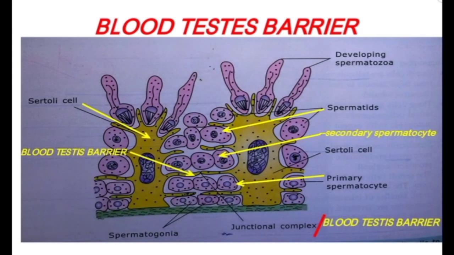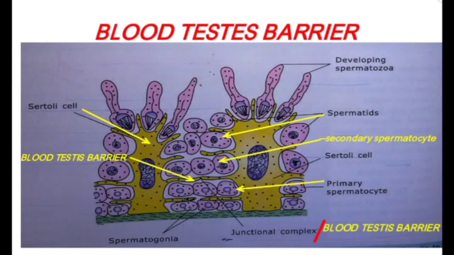I was talking about the secondary spermatocytes, which are smaller cells, and they arise from a primary spermatocyte as a result of the first meiotic division. Then the spermatids are produced from the secondary spermatocytes by the second meiotic division. They lie adjacent to the lumen of the seminiferous tubules, closely applied to the surface of the Sertoli cell. A spermatid, which is 9 micrometers in diameter, does not divide further, but it is transformed into a spermatozoon by a series of morphological changes, and this is called spermiogenesis.